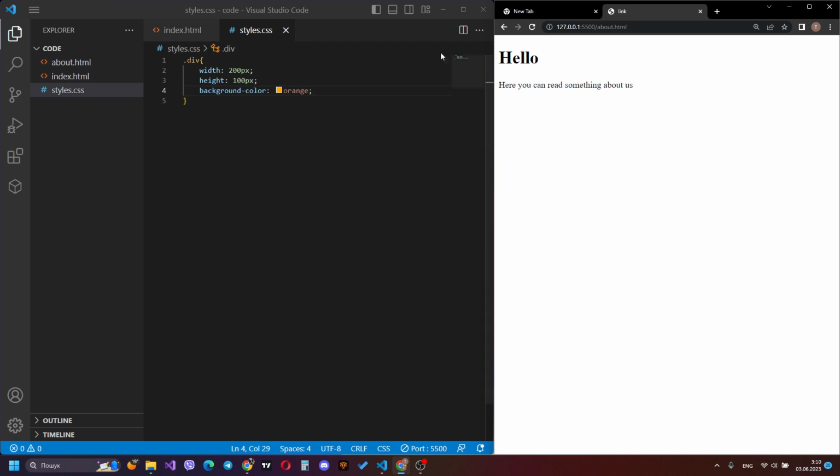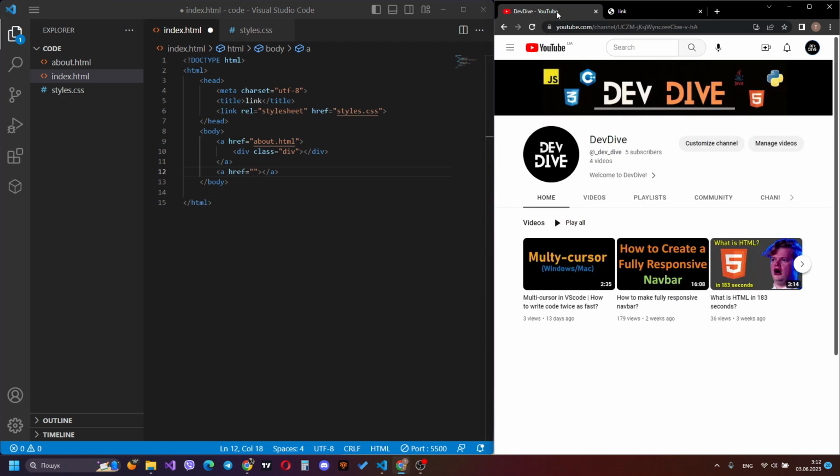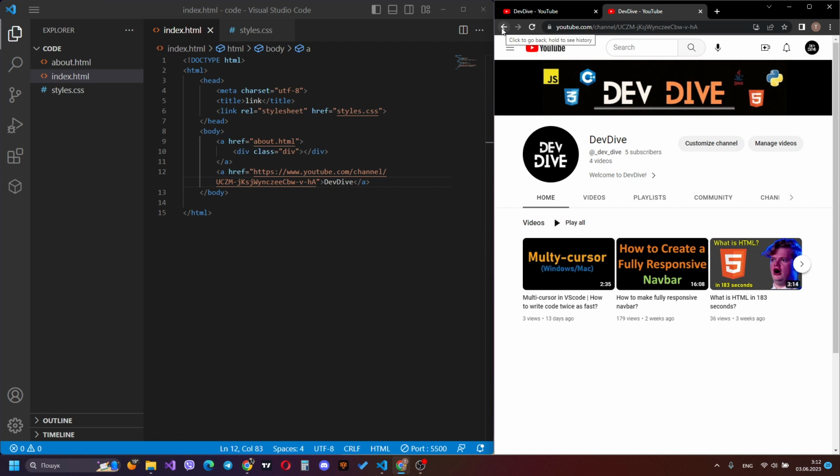But if we don't want to navigate to another page of our site, but we want to go to another site, it's also very easy. Let's create a new anchor tag, and in the hyperreference quotes, just place a URL to your site. For example, I place a URL to my YouTube channel. I just copy this and place it there, and also want to write some text there. It will be dev. Save this, and if we go to our index.html and press the dev link, we go